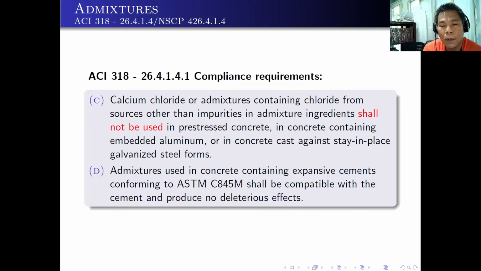Again, we have the Portland cement, the aggregates. It can be fine and coarse aggregate, water, and lastly, the admixtures. It's just a way of playing with the quantities of these four ingredients so that you will get the desired property of your